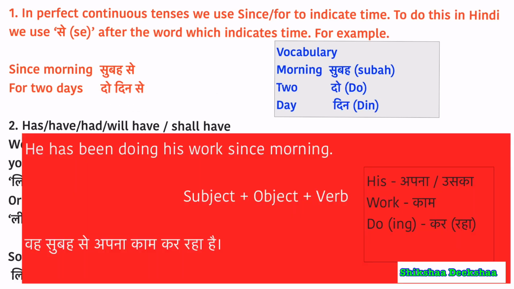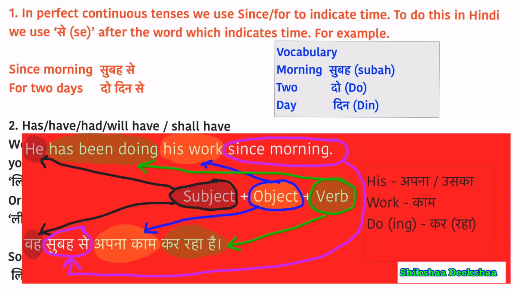Let's take one example. He has been doing his work since morning. Now, how do we write this sentence in Hindi? Remember that the sentence structure in Hindi is subject, object and verb. His means apna because the subject is he here. So, we will take apna as the meaning. Work means काम and do with ing means kar raha. So, we write subah se, since morning, between subject and object, and the sentence is वह सुबह से अपना काम